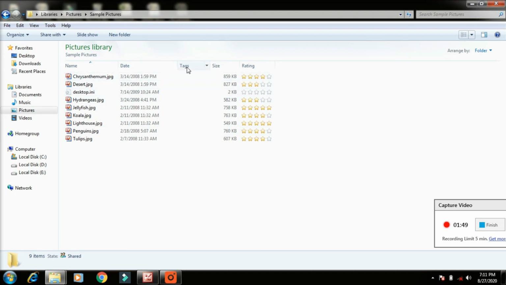The next one, tag. Tag means extra information will come. What is the tag? Unspecified. That means, when you took that photo on your mobile, if you opened locations, those locations will also come in the tag option. In which place you took that photo, the locations, everything will come. Then the size of the images. Next one, the size of the images and rating.